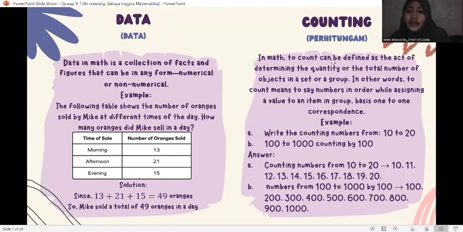In math, to count can be defined as the action of determining the quantity or the total number of objects in a set or a group. In other words, to count means to say numbers in order while assigning a value to an item in a group on a one-to-one correspondence basis. Example A. Write the counting numbers from 10 to 20. B. Write the counting numbers from